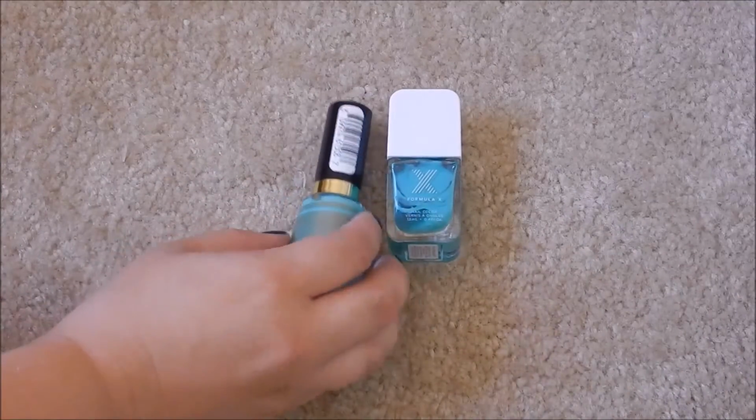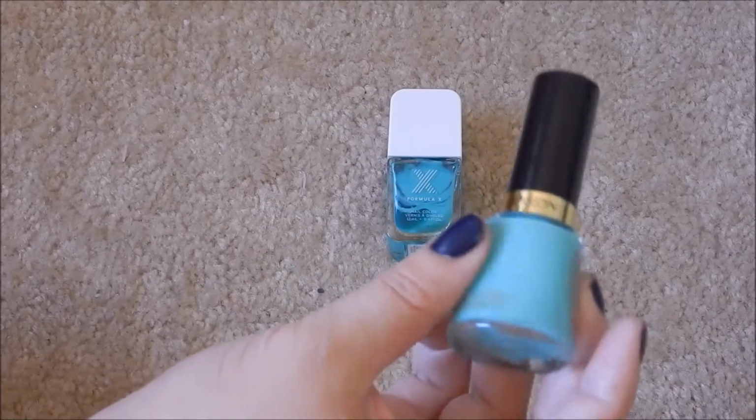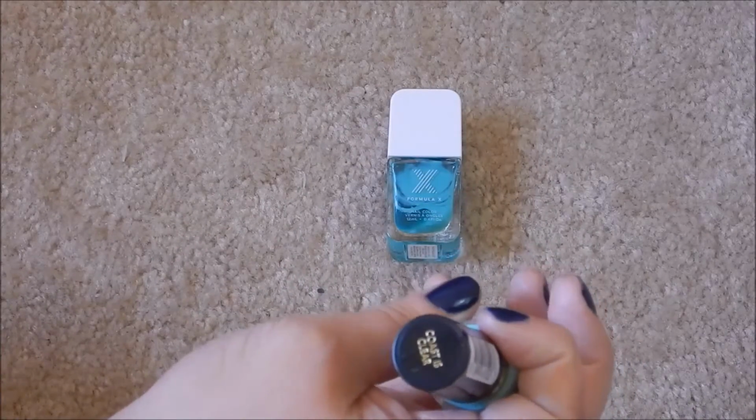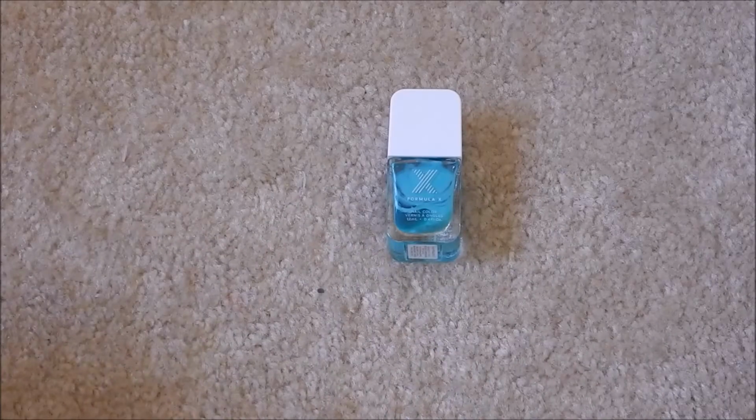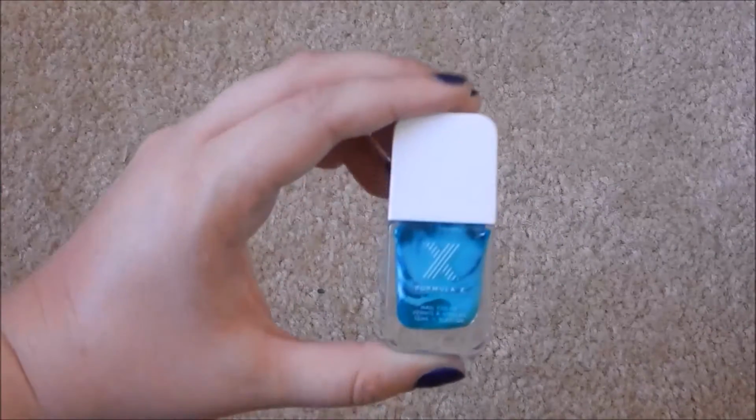I also am really enjoying this mint green color. I just purchased it maybe about a week ago. So I will be keeping this one. It's in the shade Coast is Clear. And then this one here, I just don't think I would need it, especially since I'm keeping that mint color. And hold on, it's all